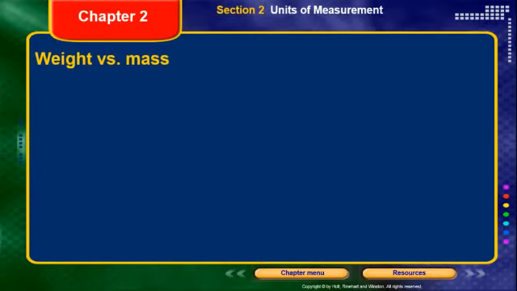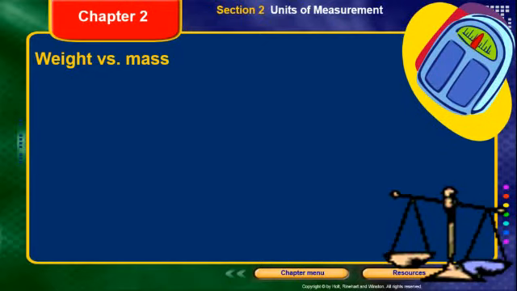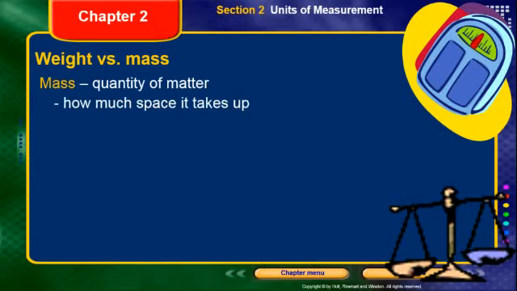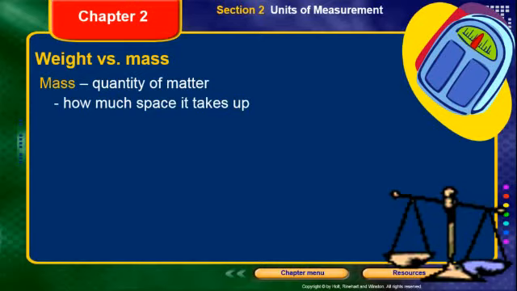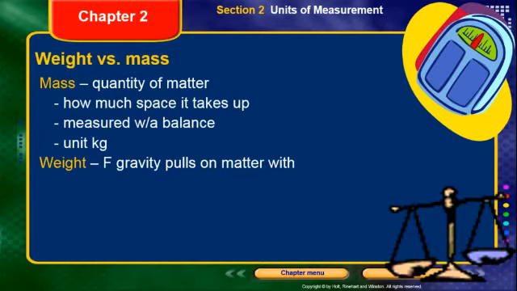All right, so I mentioned weight earlier and how it's different from mass. Let's look at that a little bit more closely. We have scales and we have balances. This thing on top is a scale. This thing on bottom is a balance. They're two different things. One measures weight, one measures mass. Remember, mass is a quantity of matter. When we're looking at matter, we look at things like how much space it takes up. We measure it with a balance. The unit is often a kilogram, whereas with weight, we're actually measuring the force of gravity as it pulls on